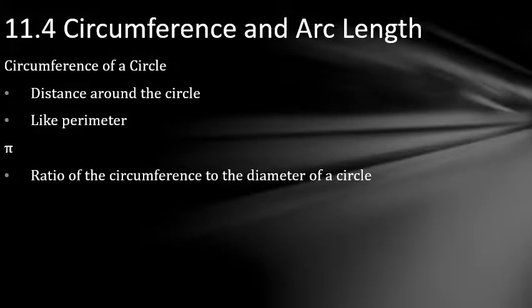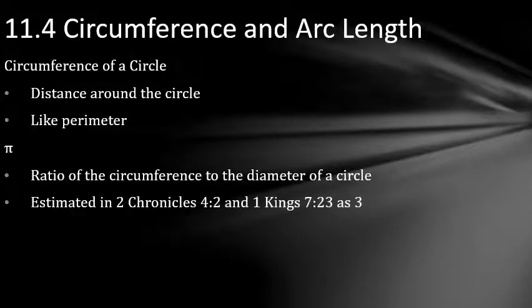Pi is the ratio of the circumference to the diameter of a circle. And in the Bible, in 2 Chronicles 4:2 and 1 Kings 7:23, that ratio pi is estimated as 3, which is pretty good considering in Bible times they didn't have very exact measurements. Pi is approximately